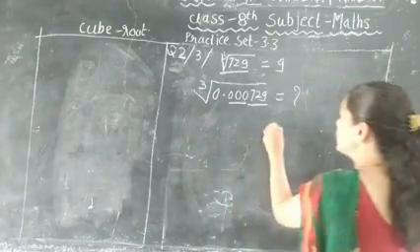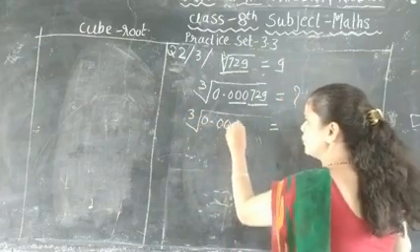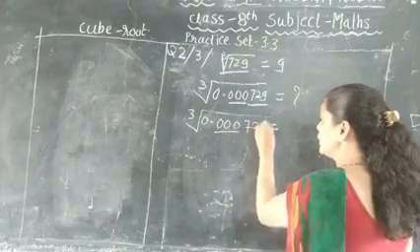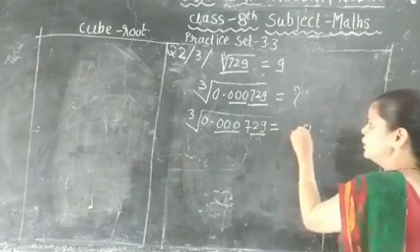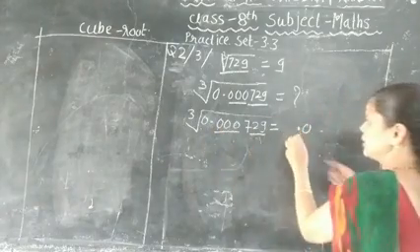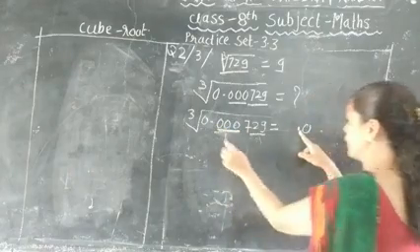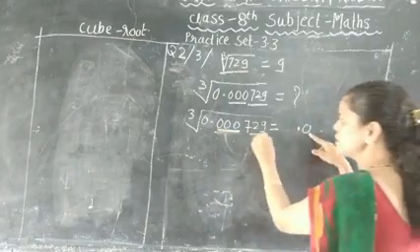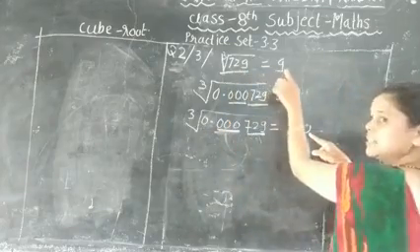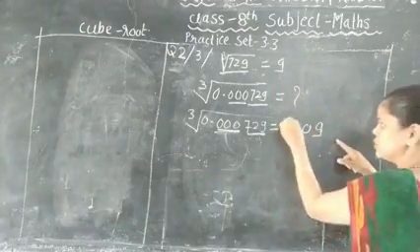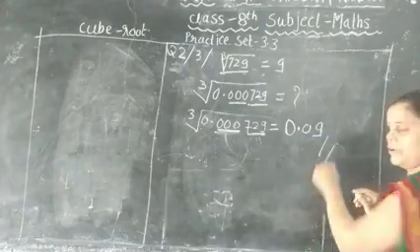So here the answer is the cube root of 0.000, one group, then 729. And we know the cube root of 0 is obviously 0. First, place a decimal symbol, then 0. So in place of the 000, write down 0, then 729. The cube root of 729 is given, that is 9. So write down here 9. So this is your answer. Place the 0 before the decimal symbol.